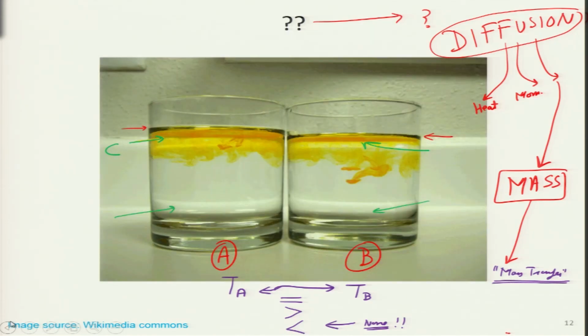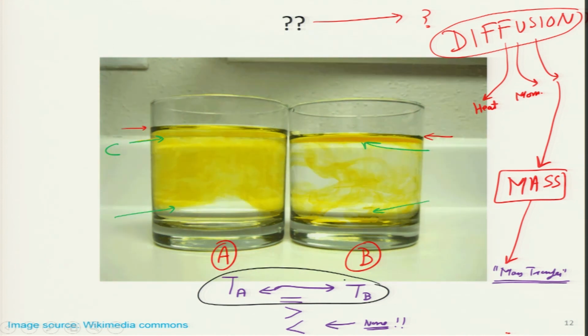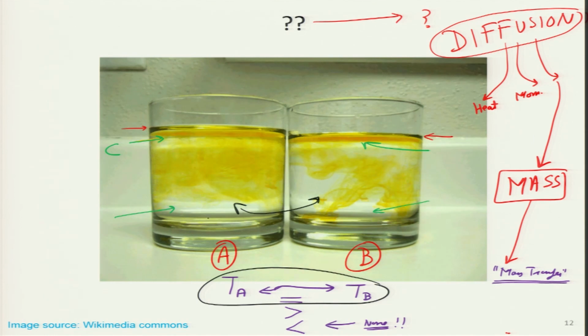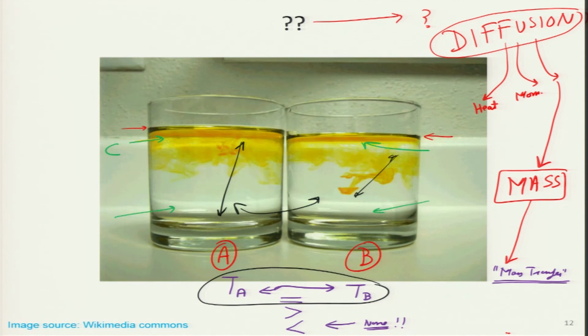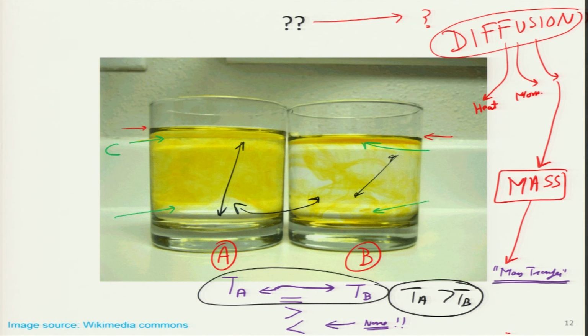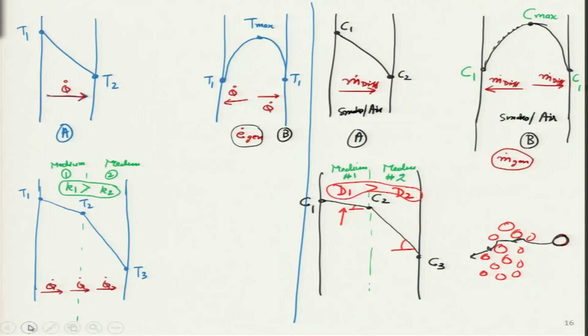Another dependent parameter is temperature. If I increase the temperature, that is what will answer my question of the first slide over here. You remember we were talking about the temperature difference between A and B. If you see in the last frame of the video over here, this one becomes yellow throughout from the top to bottom. Here this is a little bit less. So, it may so happen that Ta is much greater than Tb. I am assuming everything else is the same in this particular case. This thing just came to my mind, so I will share it with the students.